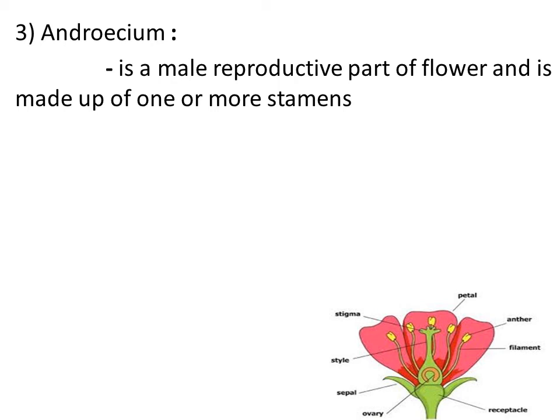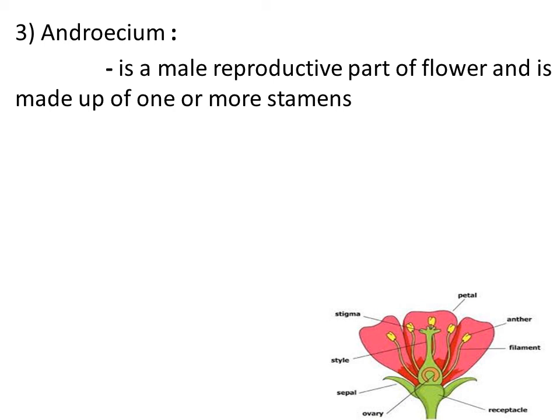What do you mean by pollen grain? Pollen grain is nothing but the male gametophyte. It carries the male gamete. The male gamete is present in the pollen grain. Right. So this is about the function of androecium. The androecium is the male reproductive part of the flower. It is made out of a number of units called stamens. The anther is the part where the formation of pollen grain takes place.